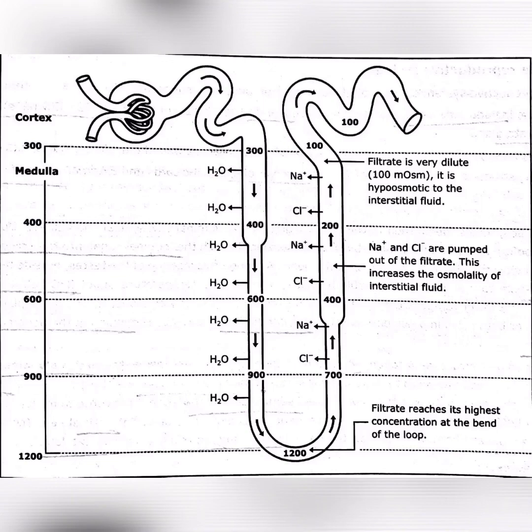So in the descending Henle loop, water is released and the concentration becomes very high, and as it moves on and reaches the ascending Henle loop, ions like sodium and chlorine are exchanged between the blood and the interstitial fluid of the renal medulla. This is specially called the counter current exchanger, because these ions are mainly exchanged here. After that, it reaches the collecting duct and is released as urine. So this is the whole process of urine formation.